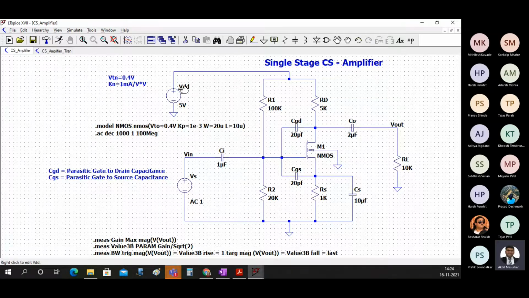So you will save the file name with cs underscore amplifier underscore, you can say dot underscore tran, and then do these two changes. Dot tran will become dot AC, and the signal source, instead of a sinusoidal source, you will select now none and set the signal amplitude to 1. 1 means it can be 1, it can be 10, it can be 100, it can be anything. But what we are interested in now is the gain and not the actual input.